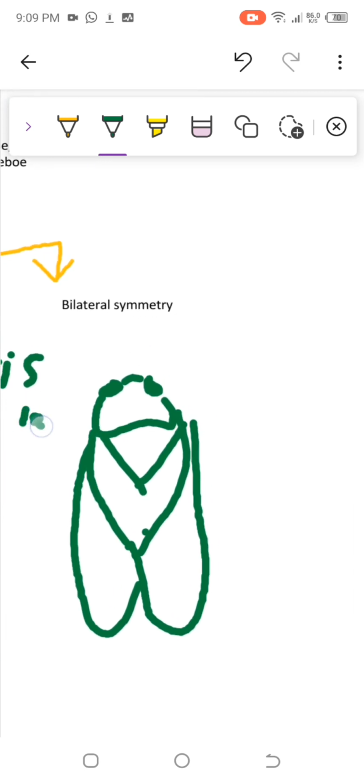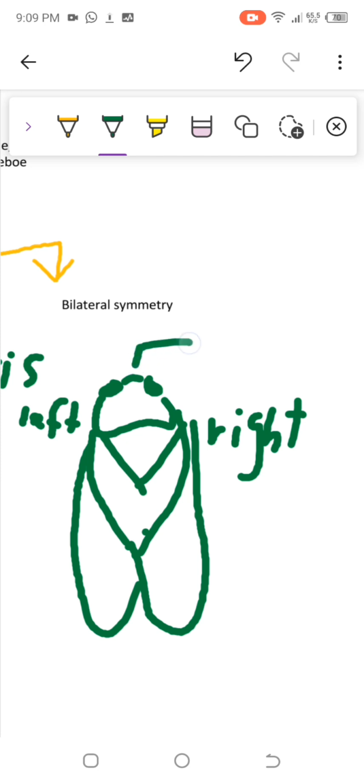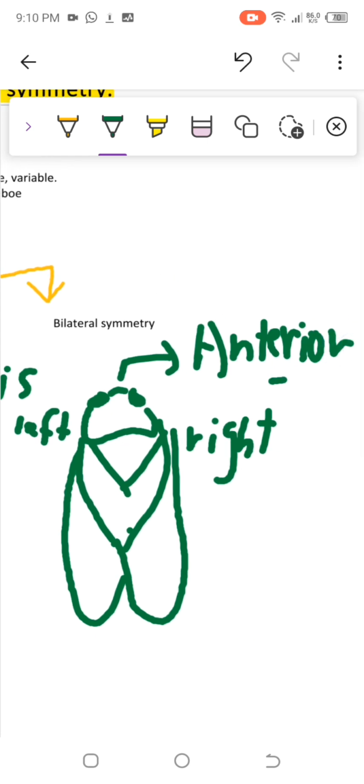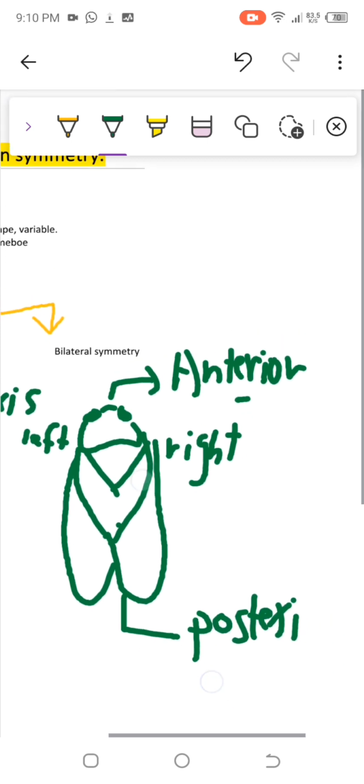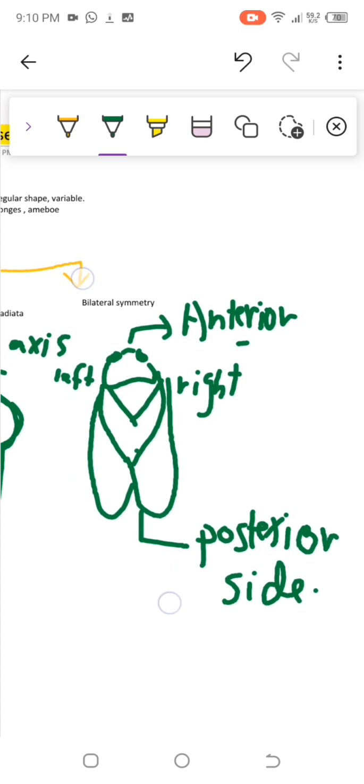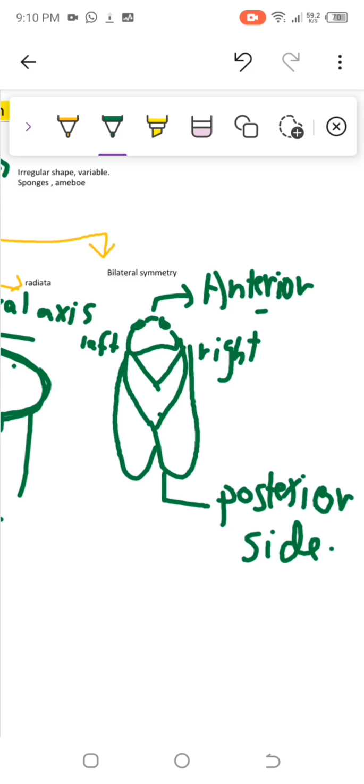As you can see, in the insect we have the left side, the right side, the anterior side, and the posterior side. So this is the bilateral symmetry, which has left